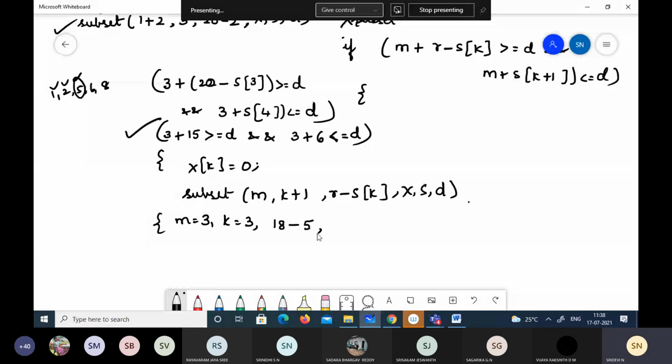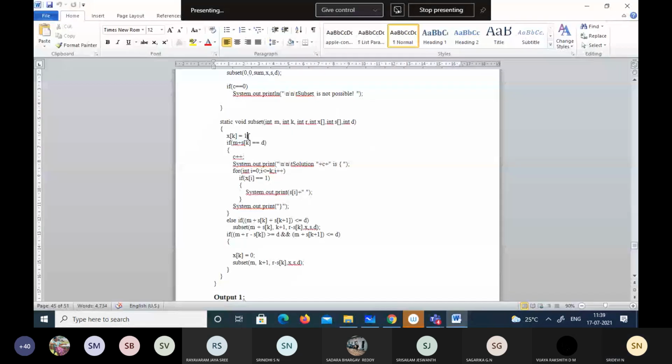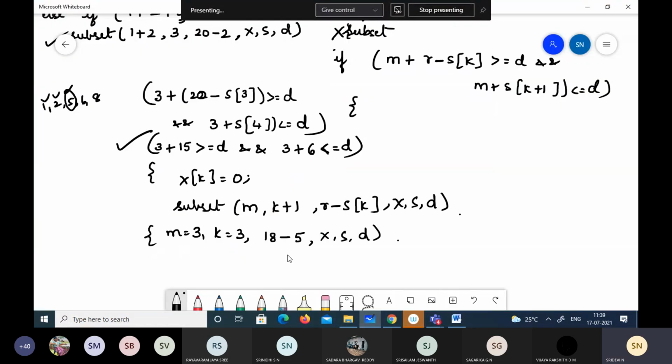So if we check this, it now comes here and tries to find a solution. Let's trace it. So we have these values. So we have now x of k equal to, so k plus 1, earlier it was 3, now it is 3 plus 1, 4 actually, isn't it?